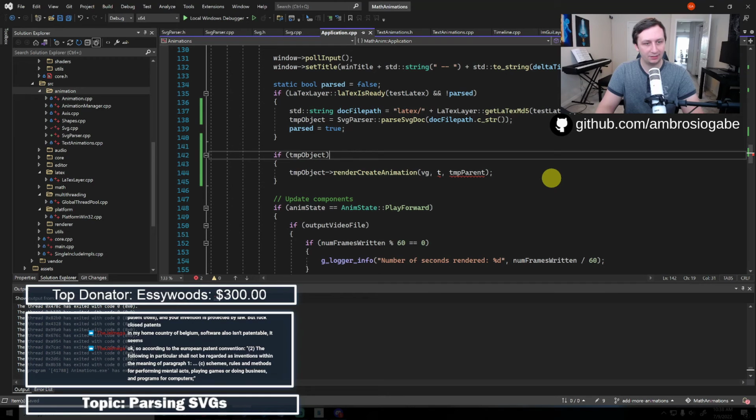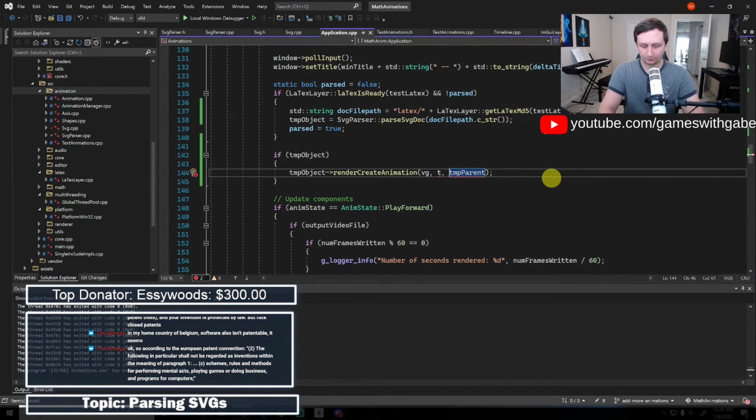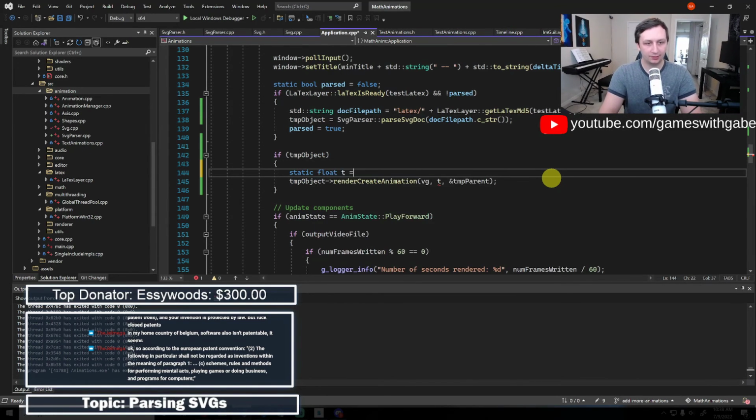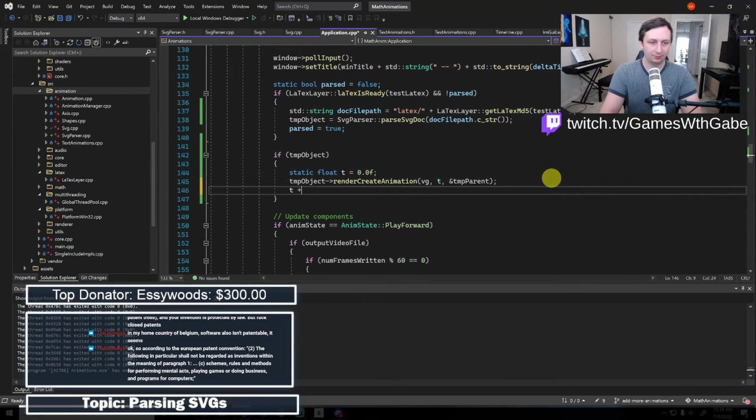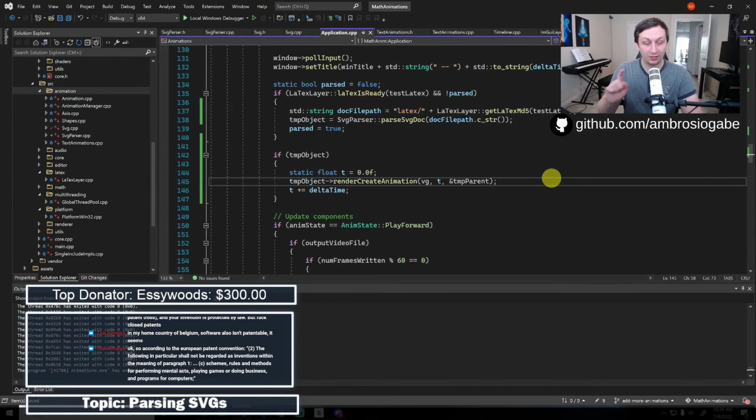Okay, so we parse it if the object is ready. And then no reverse, and we'll say static float t equals 0, t plus equals dt. Cool. So that should render the create animation once it's ready, if it all works out.